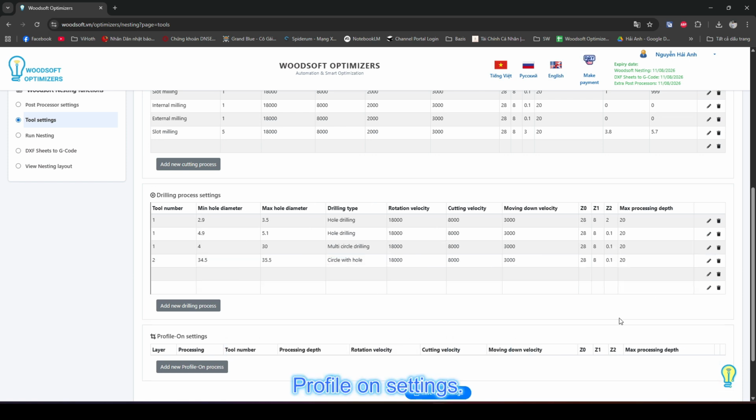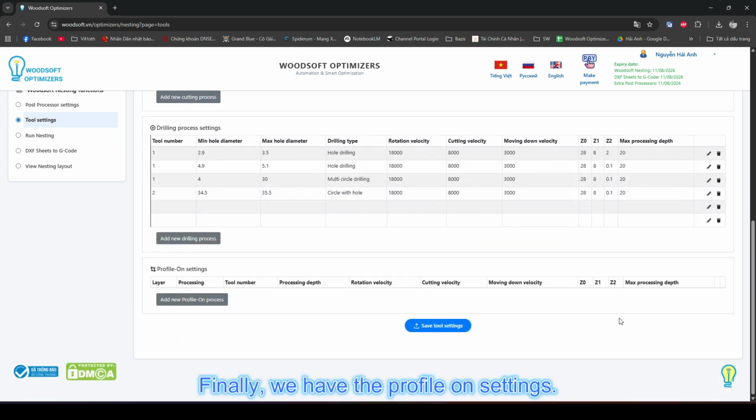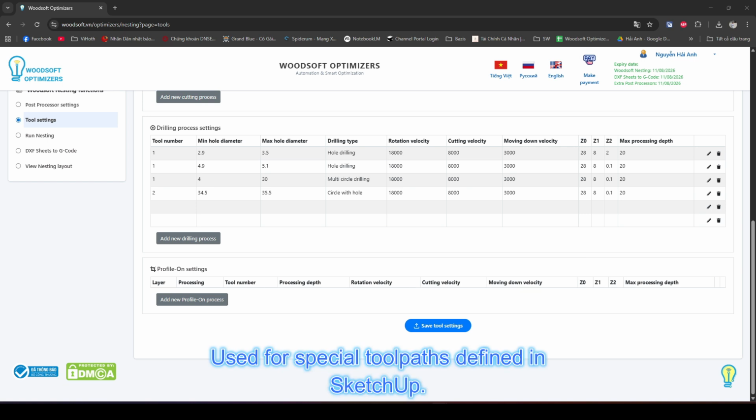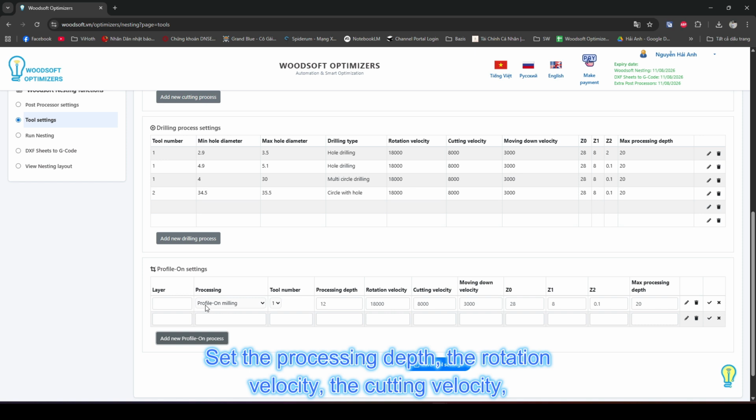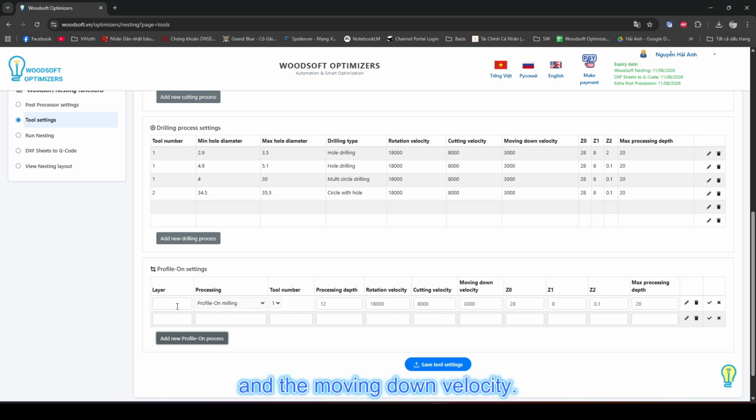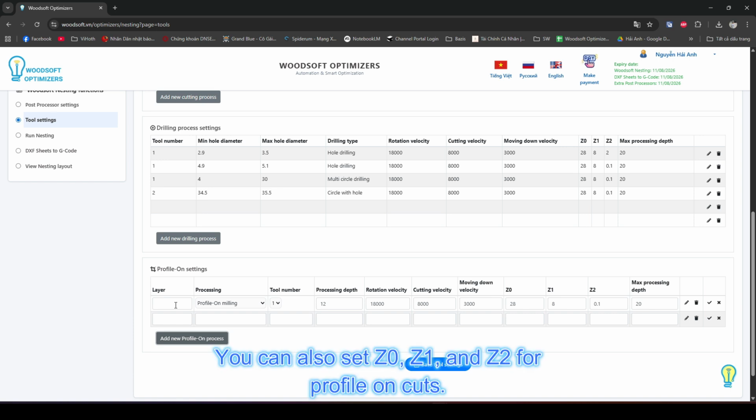5. Profile on settings. Finally, we have the profile on settings, used for special toolpaths defined in SketchUp. Start by selecting the layer containing the profile on lines. Then choose the processing type and the tool number you want to use. Set the processing depth, the rotation velocity, the cutting velocity, and the moving down velocity. You can also set Z0, Z1, and Z2 for profile on cuts,